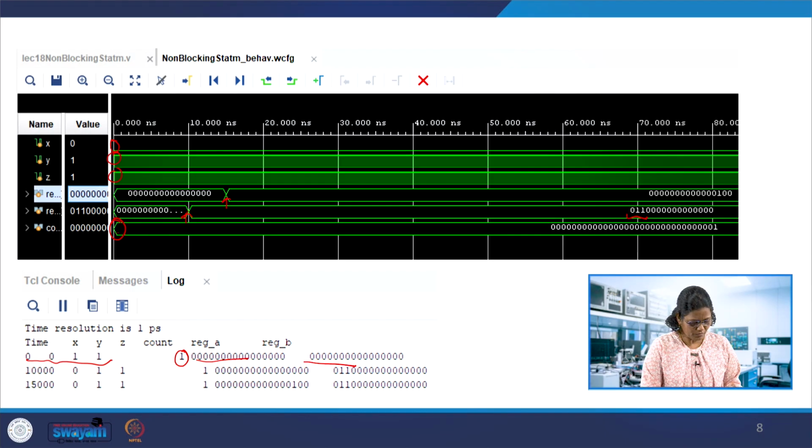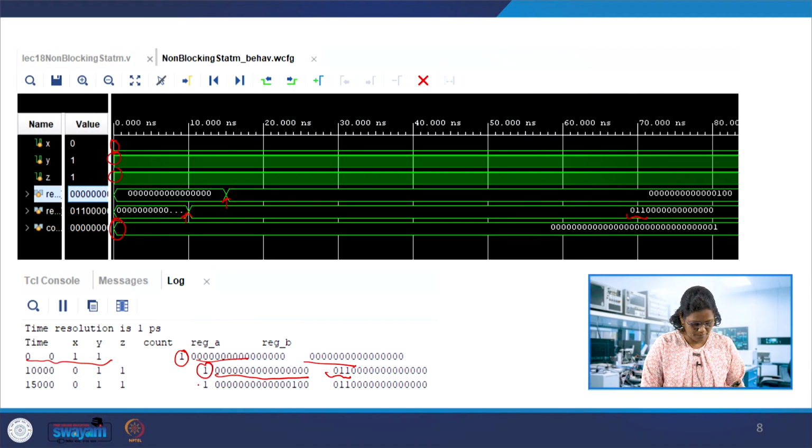And then at time 10, reg B is changing its last 3 bits. That's the next time instant in the code, and if you use non-blocking, reg A is still 0, that part select which is before reg B. So it's not assigning the evaluated value to the left hand side.